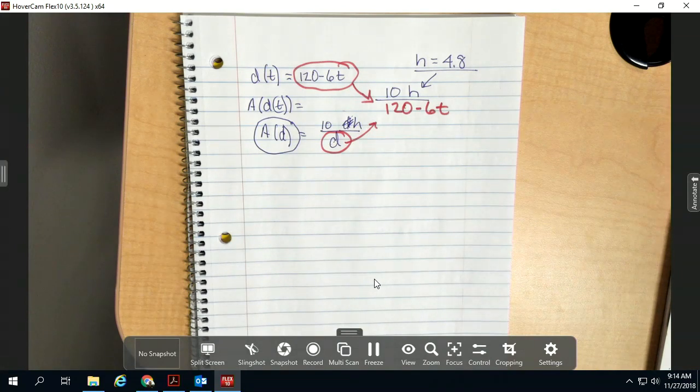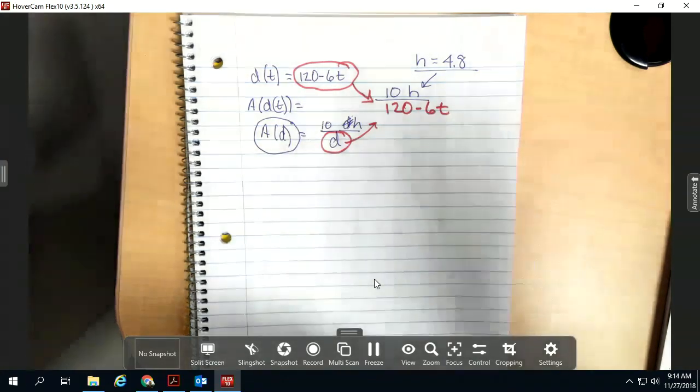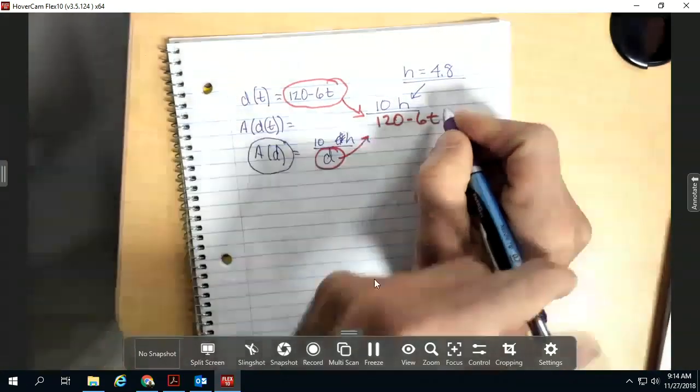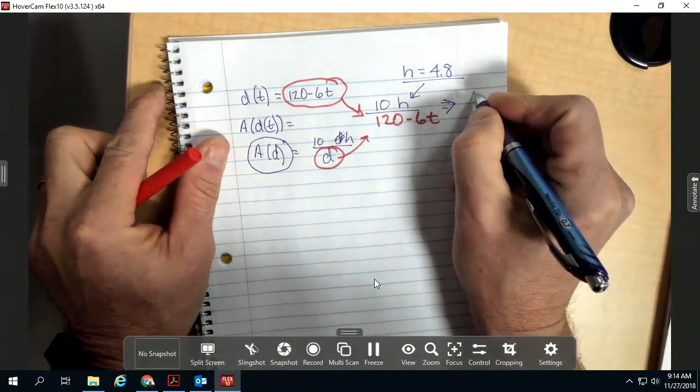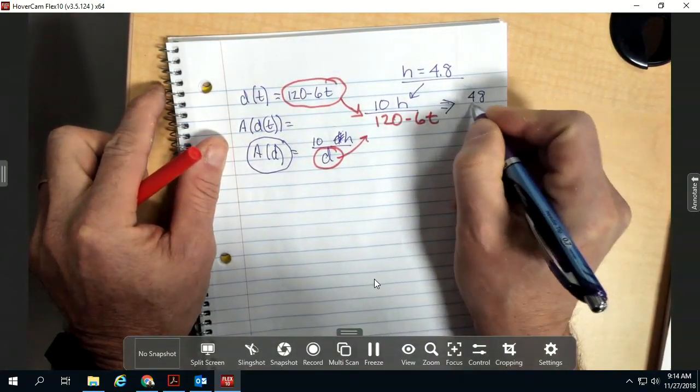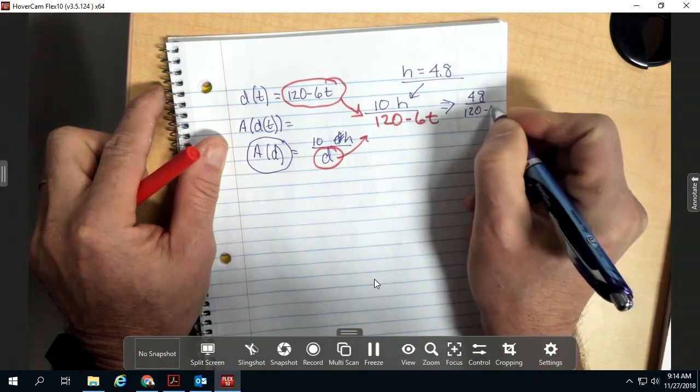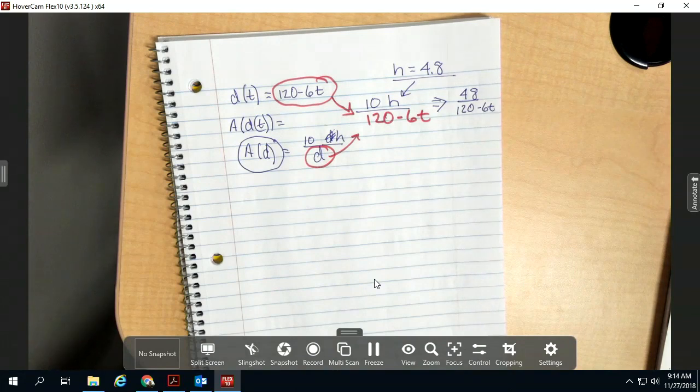Now, the first question is, does it make sense for a train to be 4.8 meters tall? That seems really tall to me. But have you ever been next to a train? Those puppies are huge, right? So 4.8 meters tall is not unheard of. So really what we've got here, if we wanted to simplify it totally, putting that 4.8 meters in, we would have 48 divided by 120 minus 6t. Which leads us back to